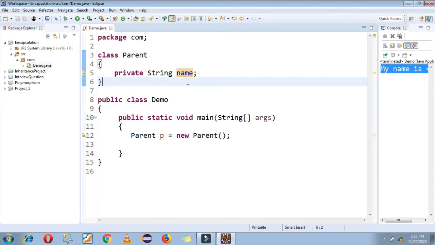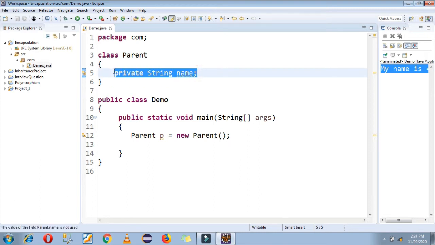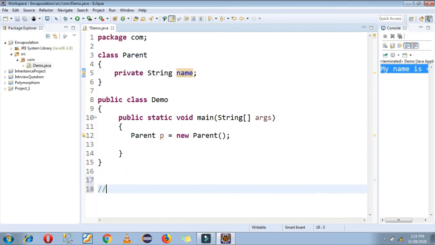This is the main advantage of encapsulation: we can keep our attribute private, but we can control its access using getter and setter functions. Getter and setter functions are also known as accessors in Java.